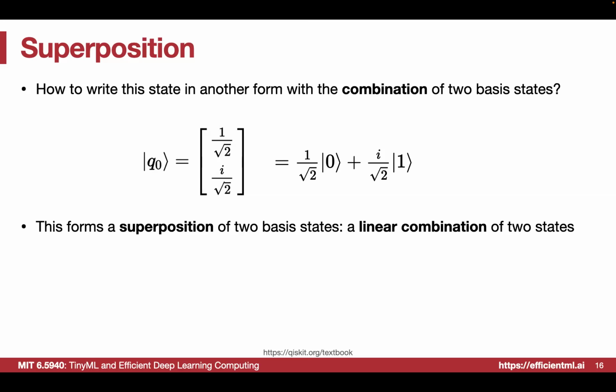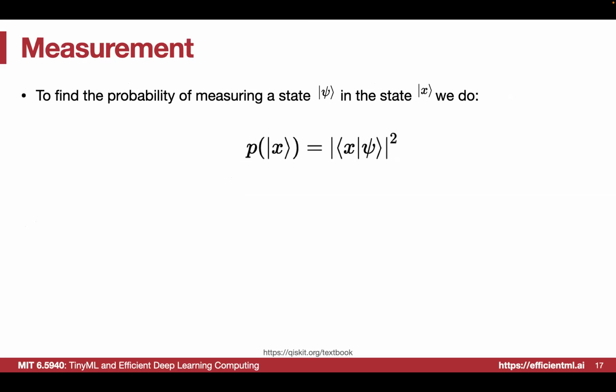This is some notation of a very special property of the quantum system, because that creates a superposition of 2 states. Imagine in the classical domain, we only have a 0 or a 1 at one time, because there is no way to have bit 0 and bit 1 together. But in a quantum state, we can have a superposition, and mathematically superposition is defined by this linear combination of the 2 basis states.